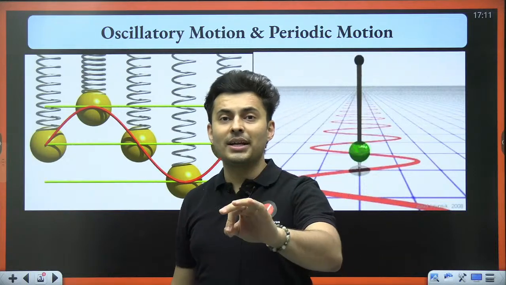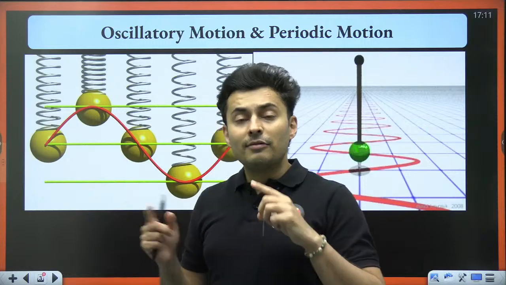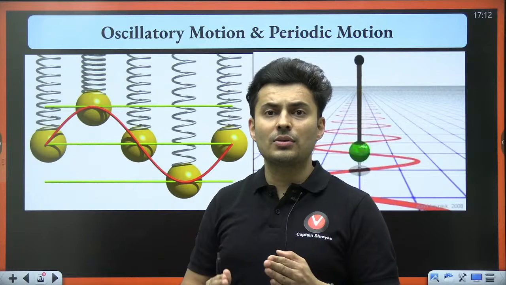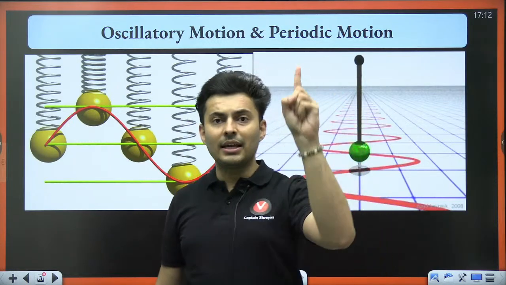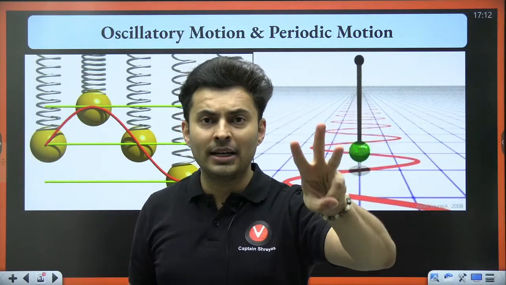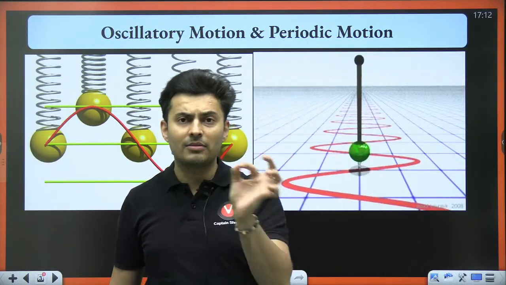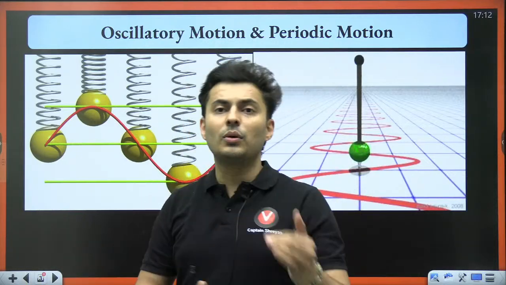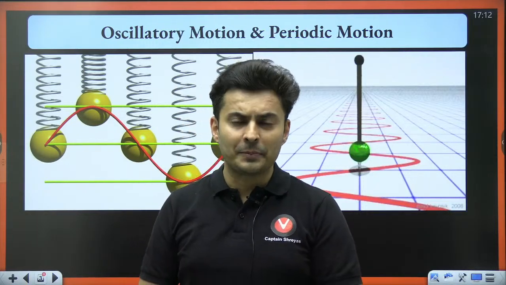I have seen many students in 12th standard also, they study light waves or electromagnetic waves without studying the 11th standard chapter of oscillations. So my dear students, my humble request, please watch this lecture first before seeing any of these chapters, be it waves, be it AC, be it electromagnetic waves or light waves. If you are studying alternating current or light waves, then please study oscillations first, SHM first, then go to these chapters. You will see that it is very easy.